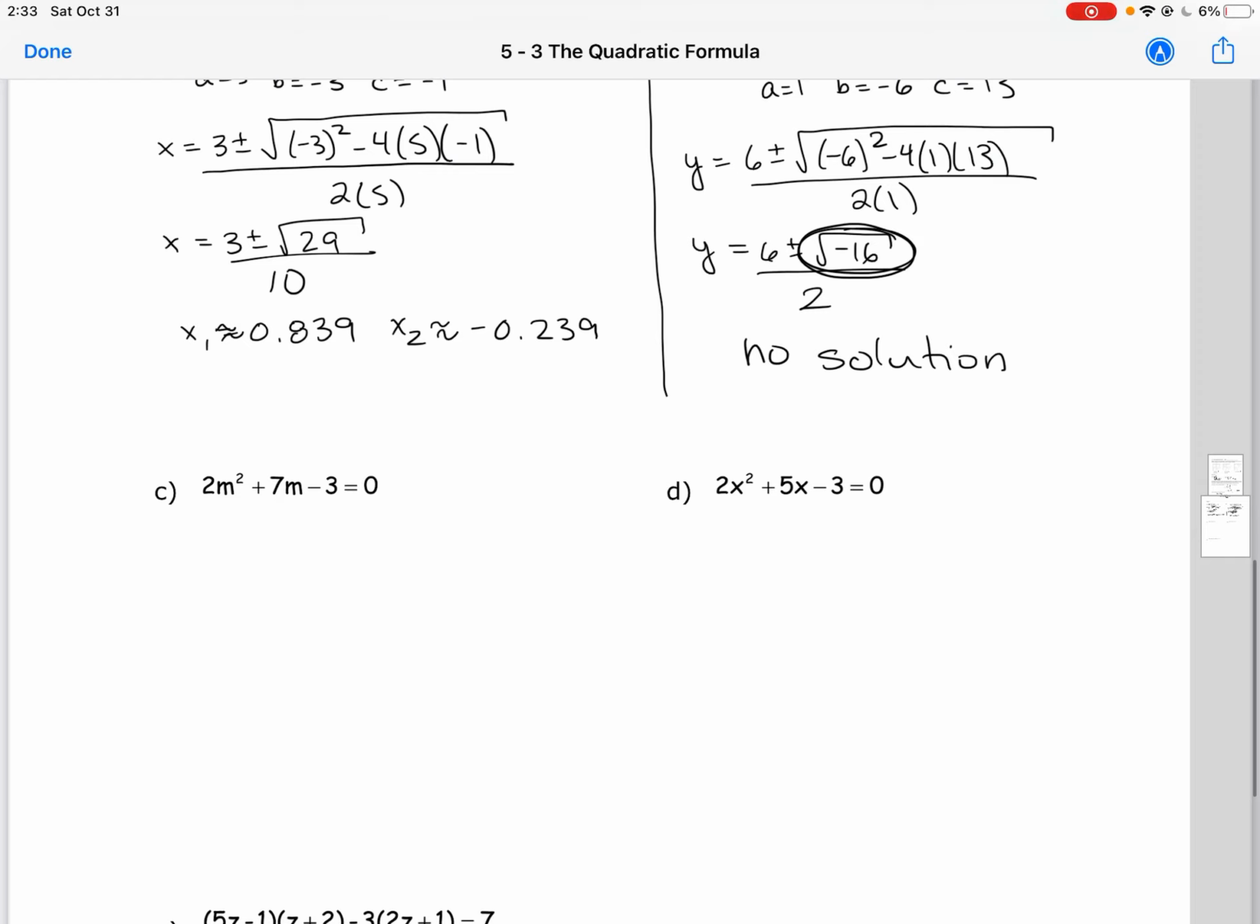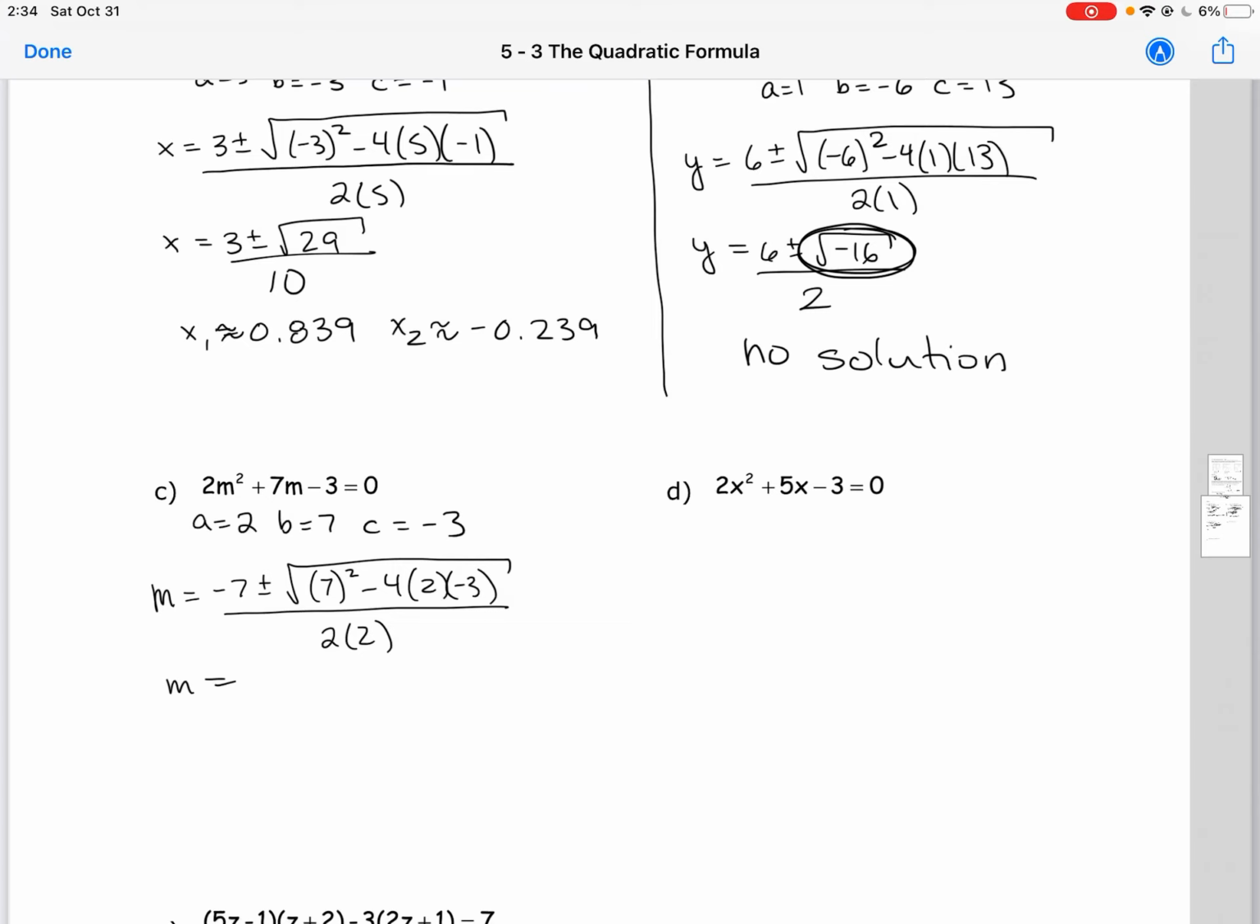Okay, let's do another example here. I've got m this time. My a value is 2, b value is 7, c value is minus 3. And I'm solving for m. So I've got negative b plus or minus square root b squared minus 4ac all over 2a. So I've got 49 plus 24 is going to be minus 7 plus or minus root